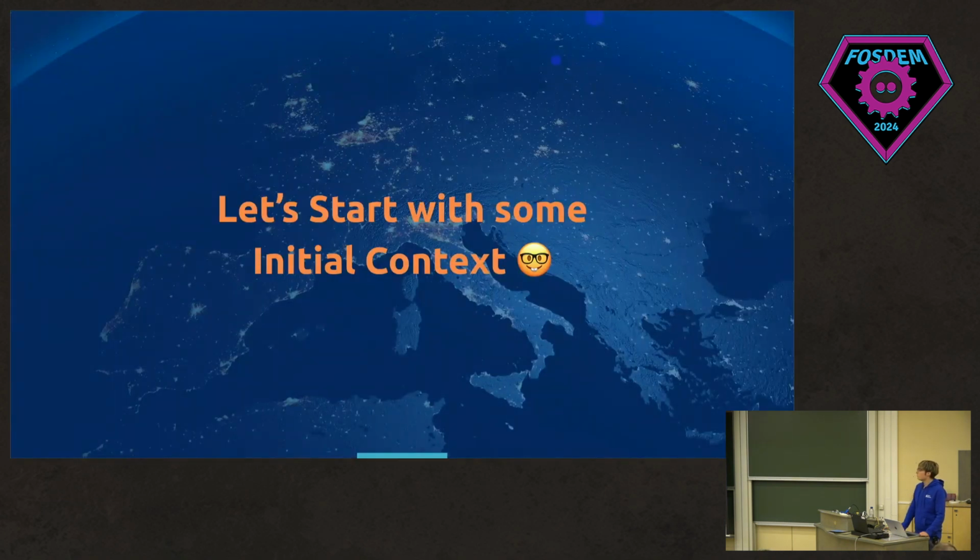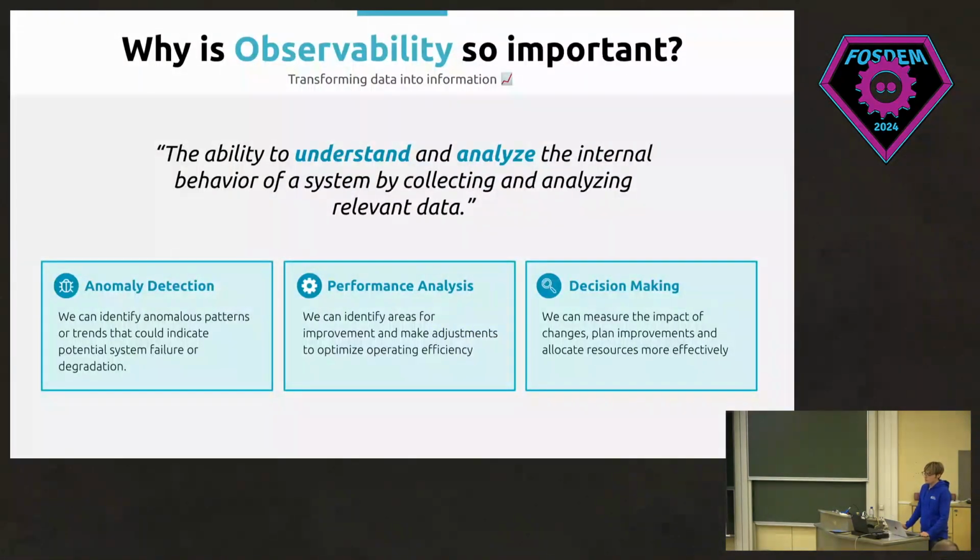First, I would like to start with some initial context in order to introduce later what we are going to see here. So first, what is observability? Observability is the ability to understand and analyze the internal behavior of a system by collecting and analyzing relevant data. Well, that is the dictionary definition.